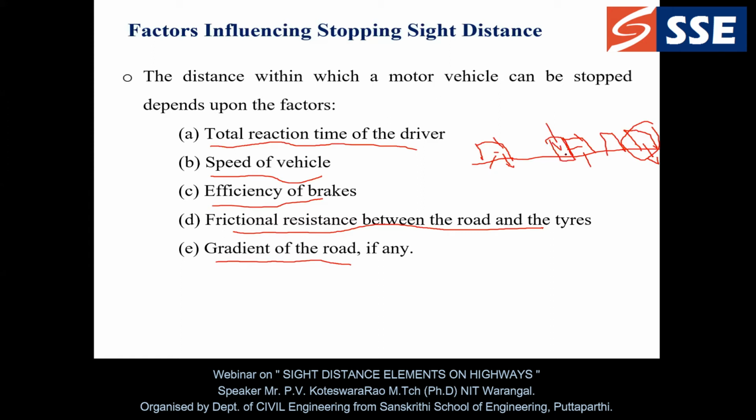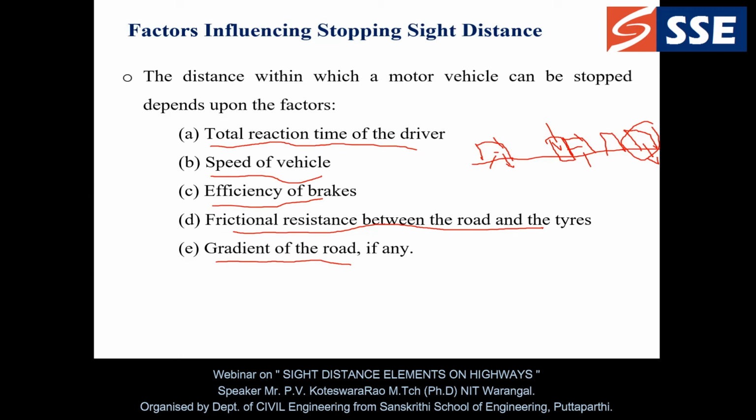This may happen in practical conditions also. So how well the driver reacts to the situation is one of the important key parameters. The reason why I am saying key parameter is most accidents can occur in a split second. By the time you close your eyes and open, it can happen within a fraction of a second. So if the driver is alert enough, then he can avoid the accident. So the total reaction time is going to be one of the critical aspects of accident studies also. And to have a safe and comfortable journey, the driver must be alert enough.